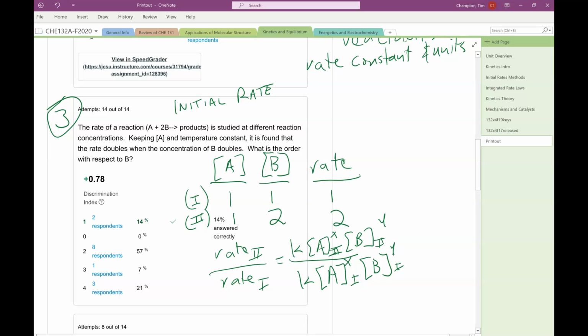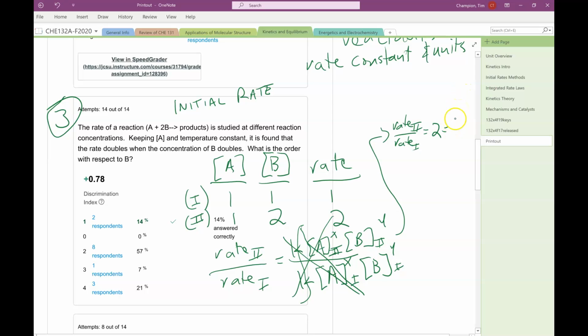Now, since the temperature is the same, the rate constants are going to be the same. That cancels out. Since A is the same, A to the x is going to be the same, so we'll cancel that out. So all of those terms right there cancel out. We wind up then saying that rate 2 over rate 1, which we said doubles, so that's going to be 2, is equal to